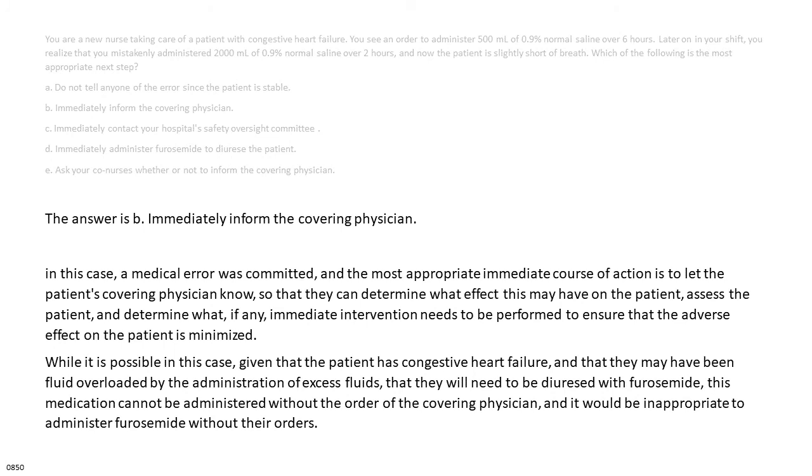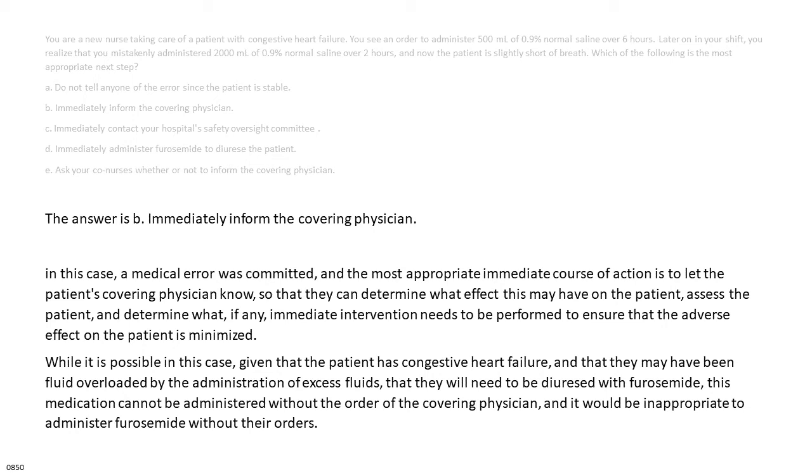In this case, a medical error was committed, and the most appropriate immediate course of action is to let the patient's covering physician know, so that they can determine what effect this may have on the patient, assess the patient, and determine what, if any, immediate intervention needs to be performed to ensure that the adverse effect on the patient is minimized. While it is possible in this case, given that the patient has congestive heart failure, and that they may have been fluid overloaded by the